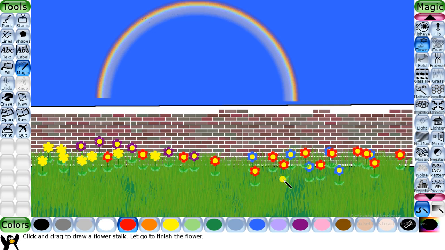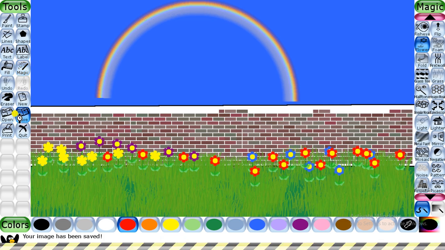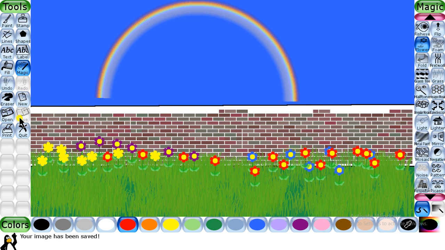Now I would like to save my drawing in Tux Paint. So how do you save a drawing in Tux Paint? You have to simply click on the save tool in the tools box. So there is a save option over here. You will simply click on the save option in the tools box and you will see the picture save, and you can hear the sound of a picture being captured by a camera. I will again show you how you can do it. You will click on this save option and you will hear the sound of the picture being captured by a camera. So in Tux Paint, a drawing saves as a picture icon. So you do not have to give any name to your drawing. It directly saves as a thumbnail.